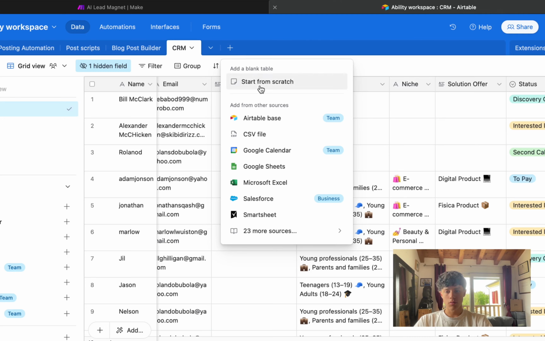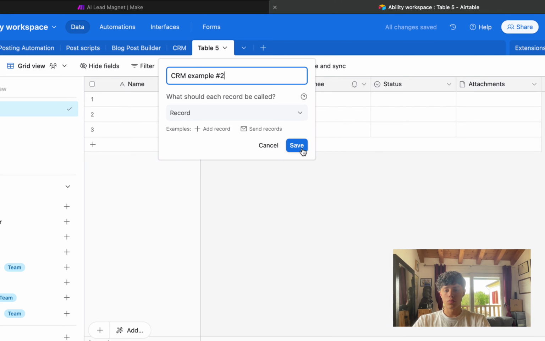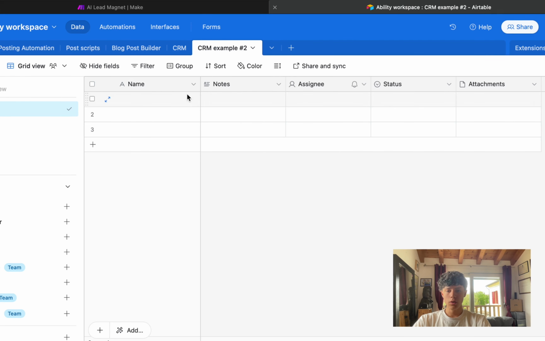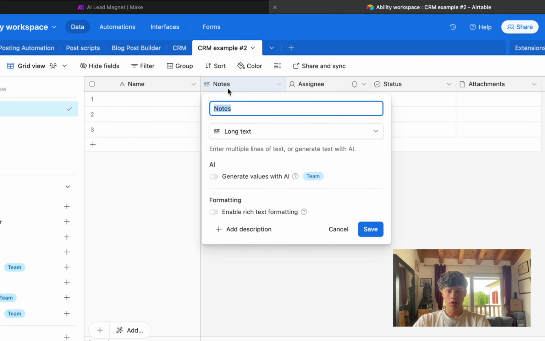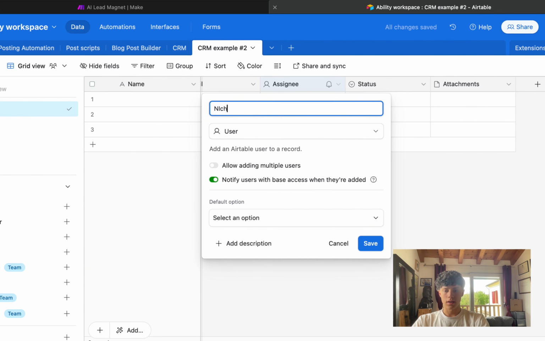And in this table, you want to add these specific variables. And the variables you want to create are basically the answers to the specific questions you've created in the form in Notion. So in my case, you want to go ahead and choose name, then email. You can save it as long text, doesn't really change at all. Then niche,